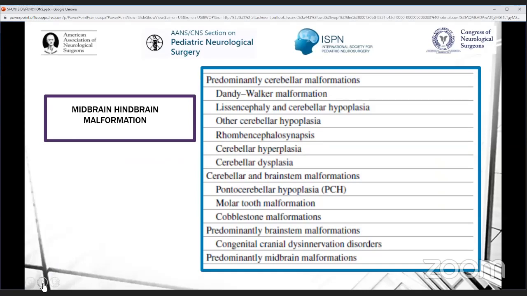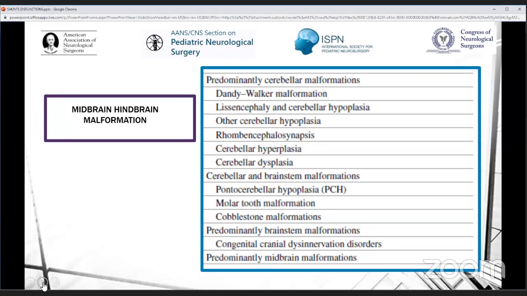I put this in the presentation because I think it's very important to know all the midbrain and hindbrain malformations, because, at least in my country, we saw a lot of patients with Dandy-Walker malformations and lissencephaly who had only one shunt, and we know that this will be very difficult to manage. We know that sometimes we can use two kinds of catheters, supratentorial and infratentorial, to treat these patients, because